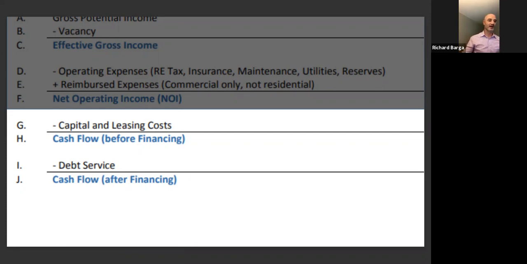And then lastly, debt service. We've talked about this idea of debt, and how to calculate the payment on the debt that you've borrowed. And this needs to be paid back before you can put your cash flow into your pocket. So on the next slide,